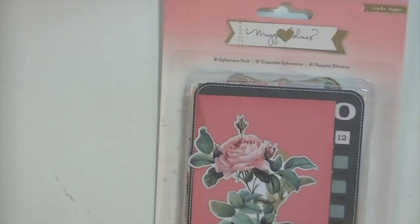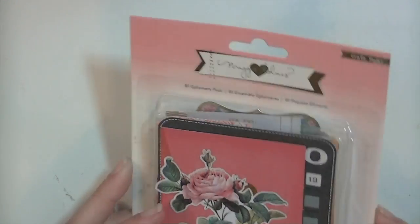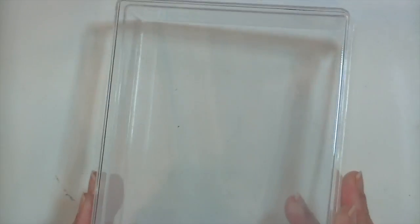And then the last embellishment in the main kit is a set of ephemera from the Maggie Holmes line. There are 81 pieces, and this is the back. And I'm going to show you what these look like. So I'm going to get my little clear tin, and this is what I keep all of my embellishments in from the kits so that they don't go everywhere. So I'm just going to open this up and kind of quickly